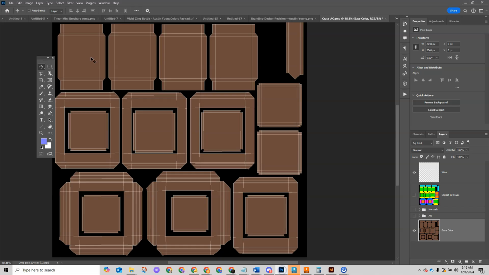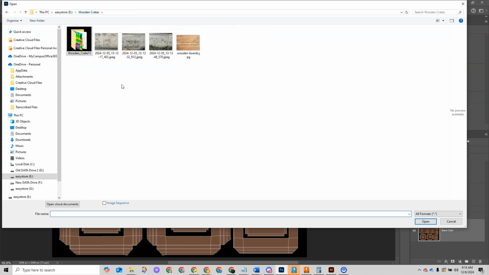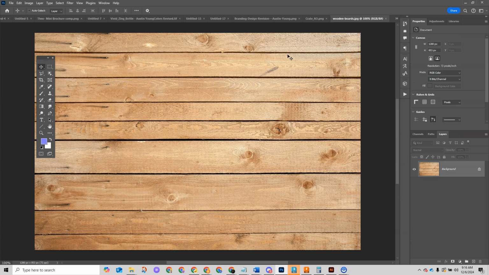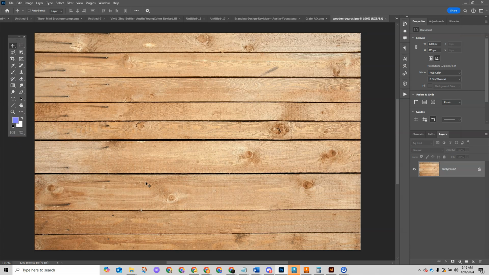Okay, so now we're going to go open that. And here. Okay, so here's some wooden planks. This is fine. It's got some nails with some rust. That's okay. This will work fine for what I need. And I think the scale of this is about right. Okay, now I did want to kind of show you guys also how to increase the scale, you know, if